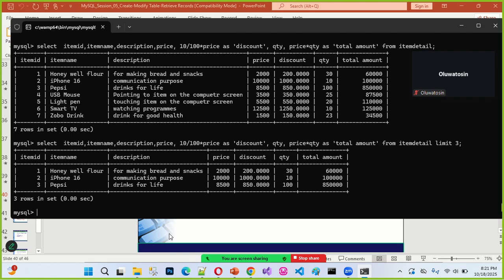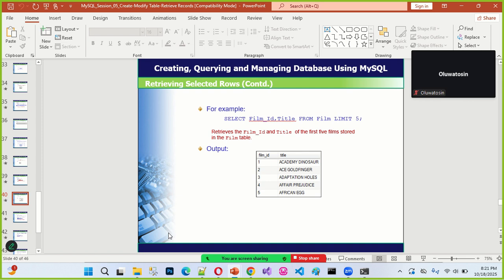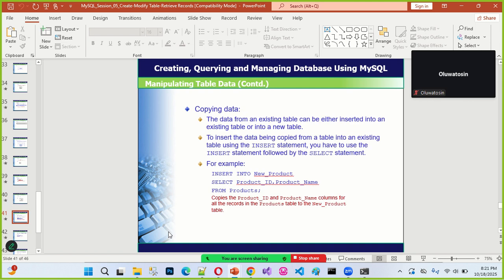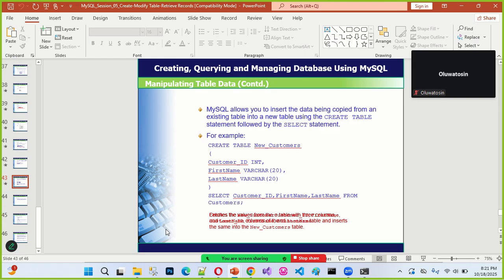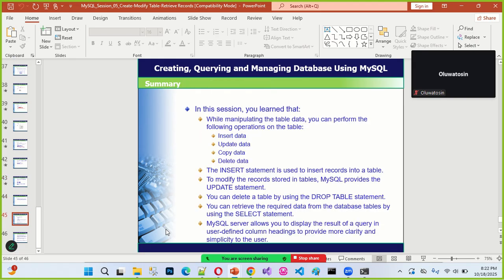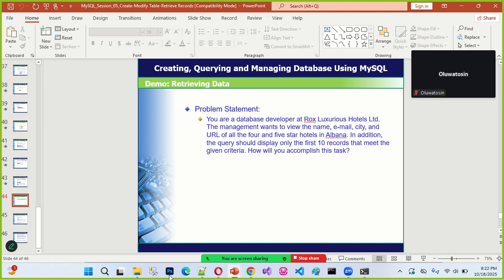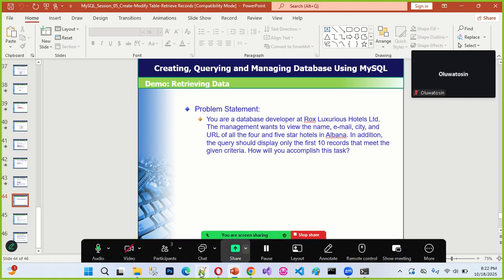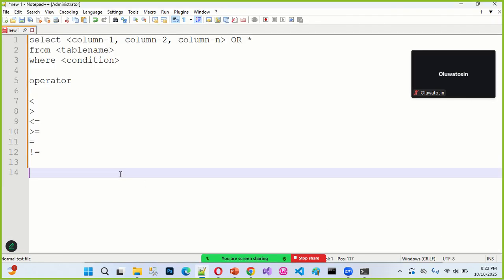But sometimes it can be used in conjunction with another thing. We'll see that when we get to another section we call order by. You get it now. Because we have a statement we call order by. Let's look at that now. Order by is another important statement in SQL Server. Order by is a clause that you use to perform the sorting of the records in your database.